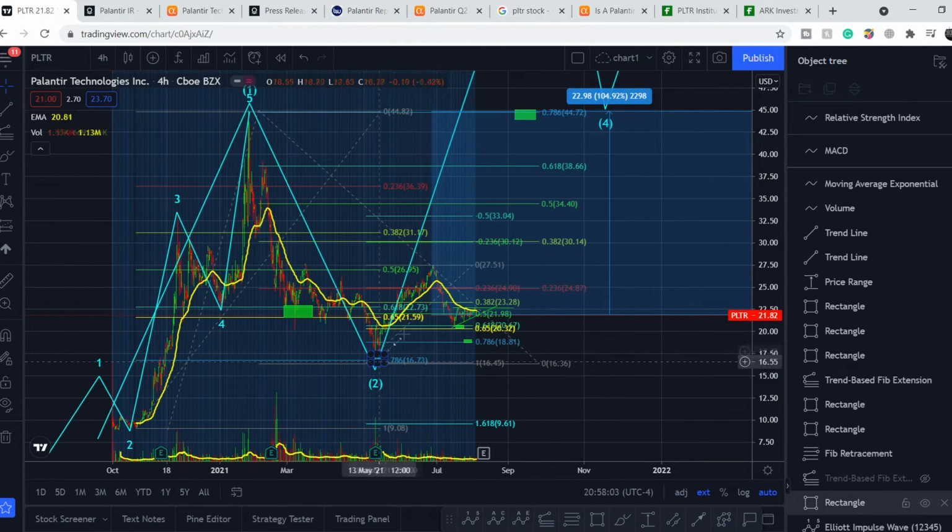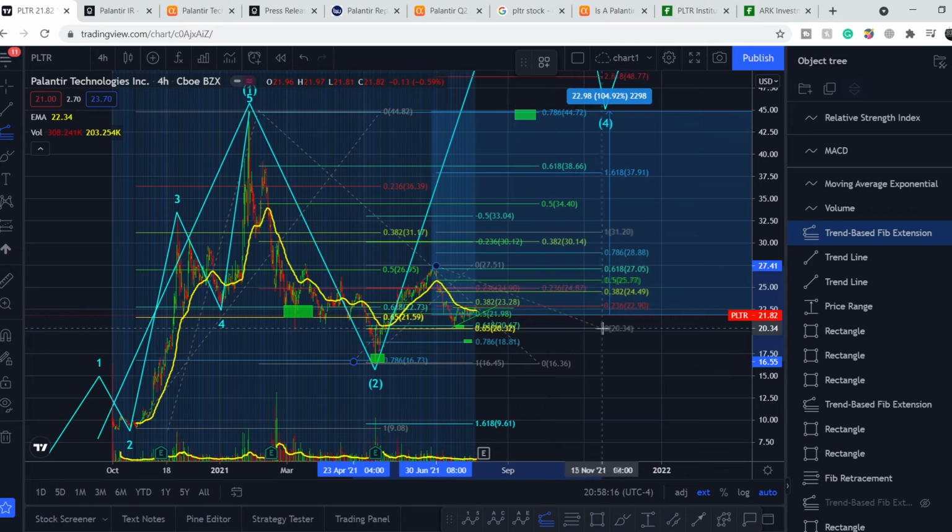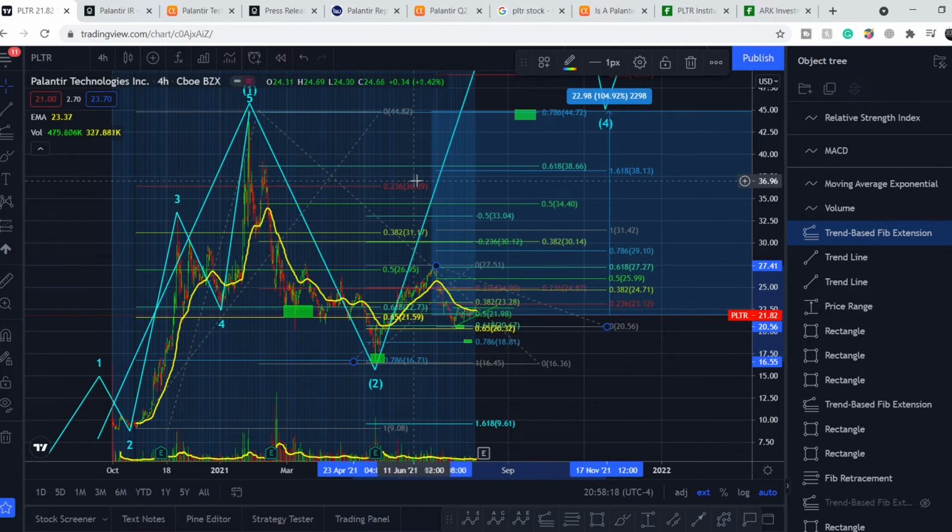And if we project only the third wave on this smaller scale, and to project it, I pull the Fibonacci extension tool from this bottom to this top and to the bottom of this retracement. As you can see, we hit golden pocket, the most probable level of trend reversal. And what do we have here? We have a strong confluence level with this top, previous top, and it is a 0.618 extension level also from this bottom to this top. This means the top of our third wave on a smaller scale might be right here at around